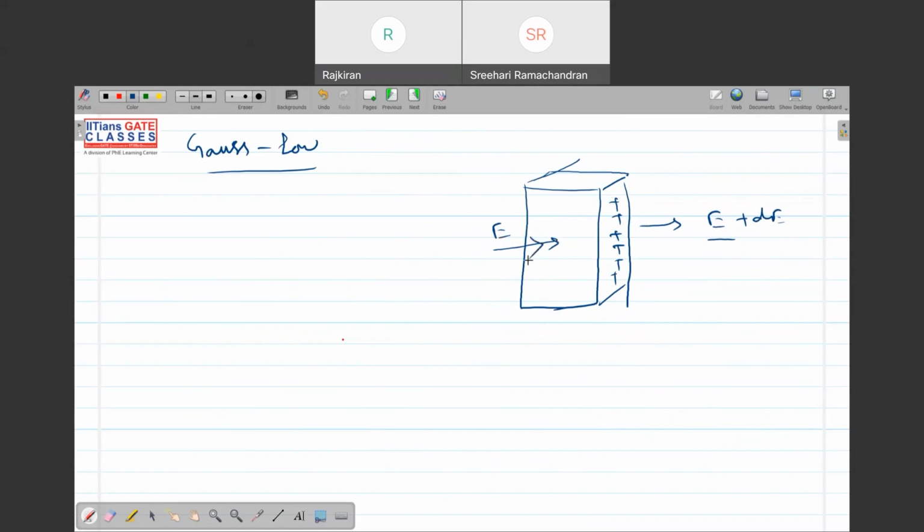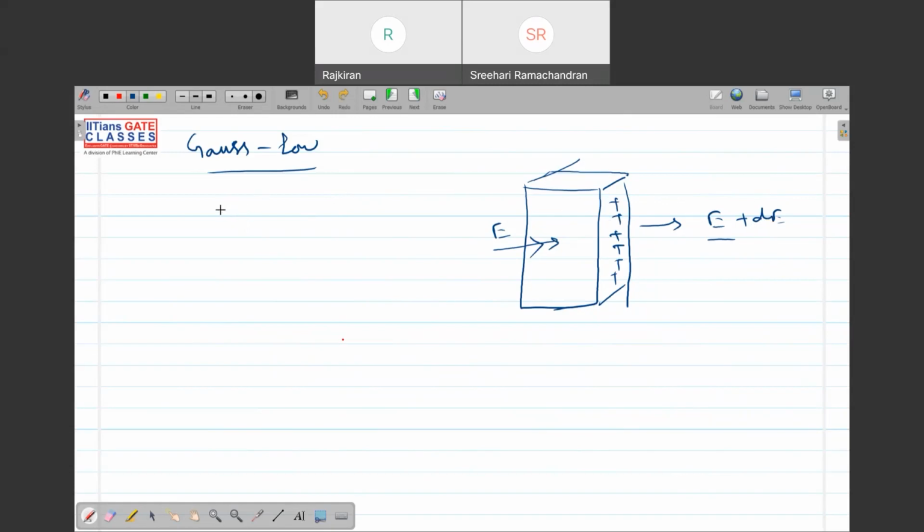So there is some electric field entering. Then on leaving, we have some more number of charges in the volume. So the leaving electric field will be E plus DE. This DE will depend upon the number of charges inside the volume. So the increase in the field is nothing but